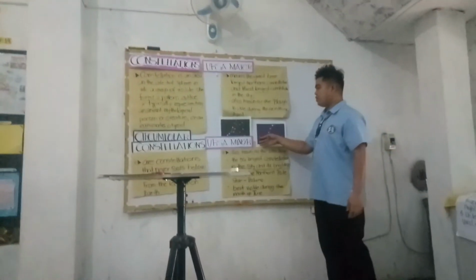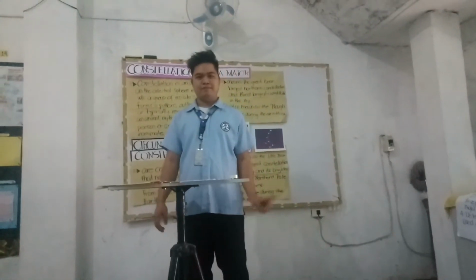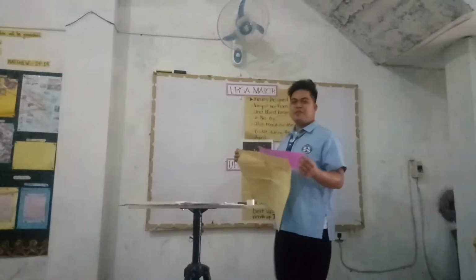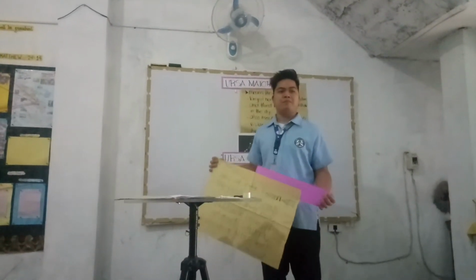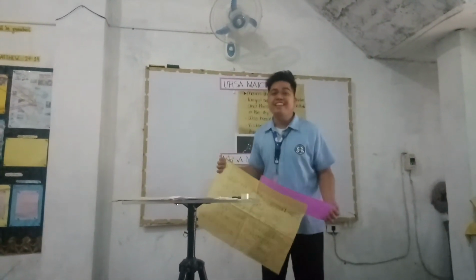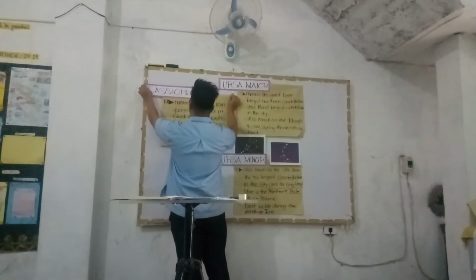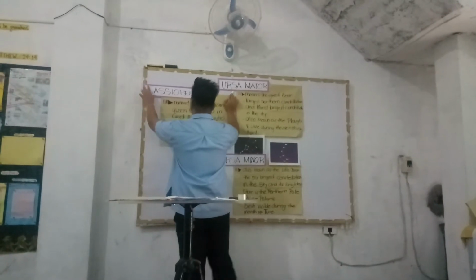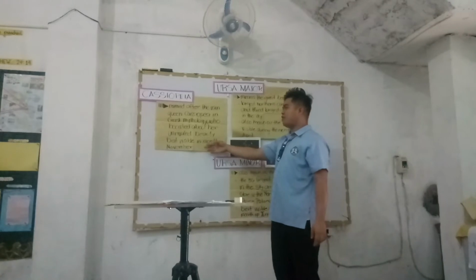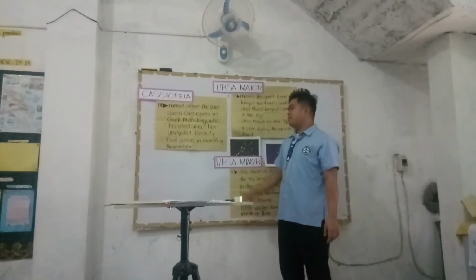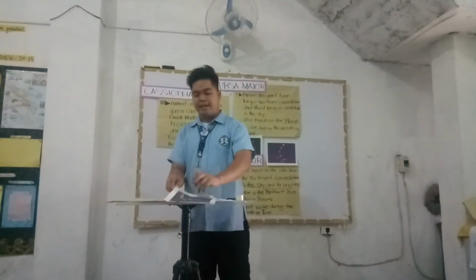Okay, so the next one is, and the third one is Cassiopeia. Who can define what is Cassiopeia? Alright, that's correct. Cassiopeia is named after the vain queen Cassiopeia in Greek mythology, who boasted about her unrivaled beauty, best visible in the month of November. This is what it looks like